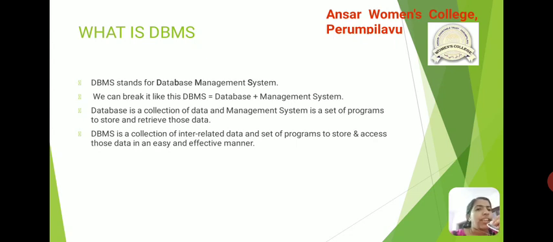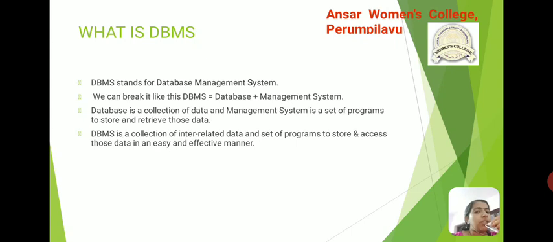A database is a collection of data, and a management system is a set of programs that can be used to store and retrieve those data. So, generally, a DBMS is a collection of interrelated data and a set of programs used to store and access those data in an easy and effective manner.